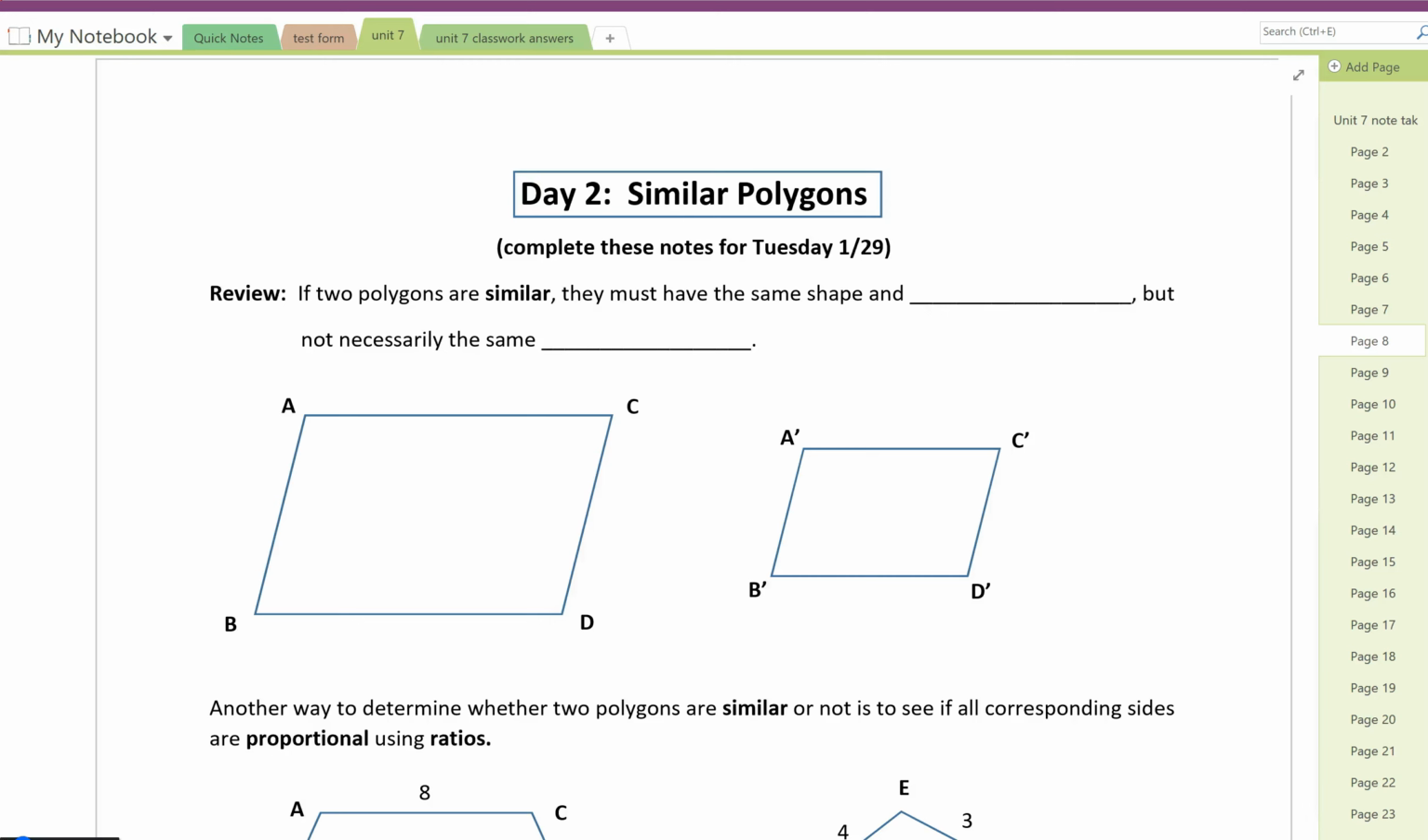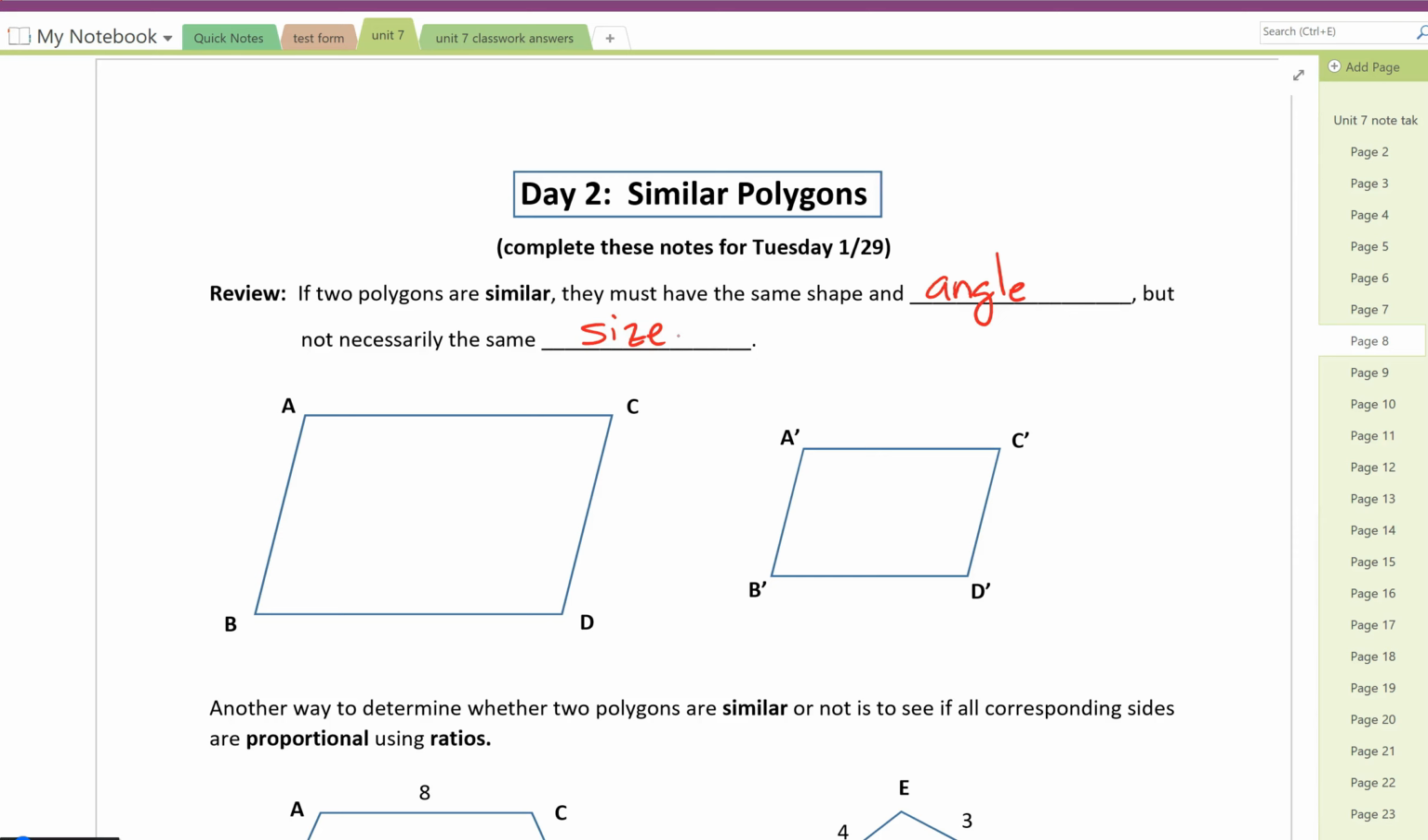All right, day 2 of Unit 7 on similarity, and today we're going to learn about similar polygons. So just to review really quickly, if we have two polygons that are similar, they have to have the same shape and angles, but not necessarily the same size. So the size of two polygons can be different, and they can still be similar as long as they have